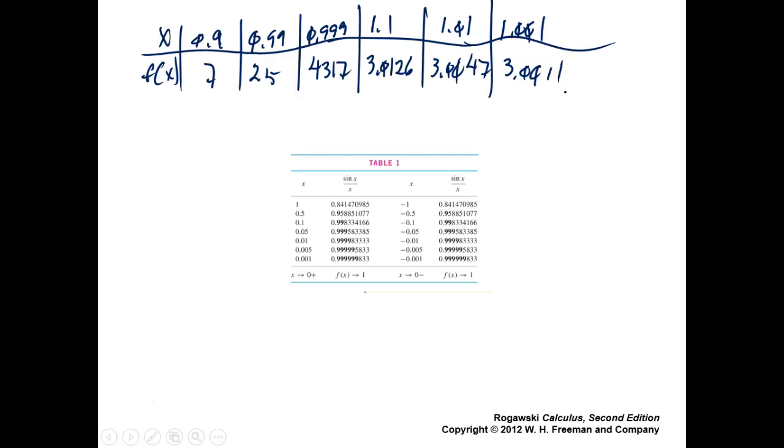All right. Now, what does this table suggest about the limit as x approaches 1